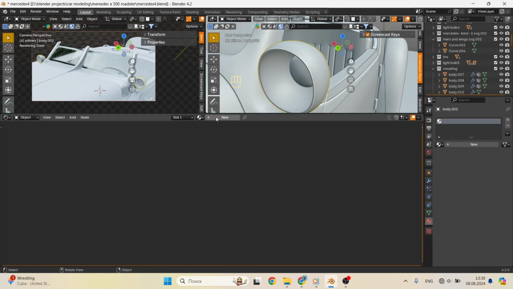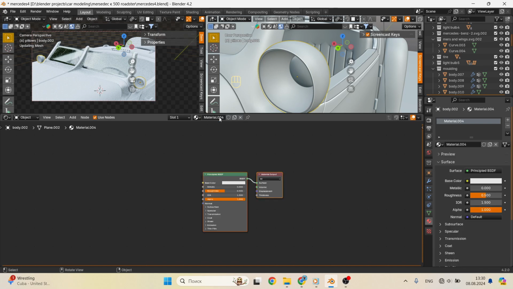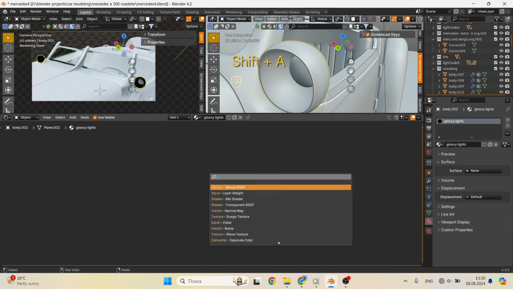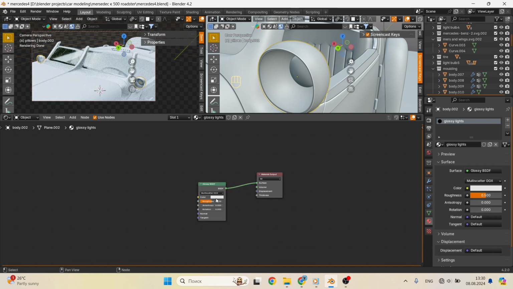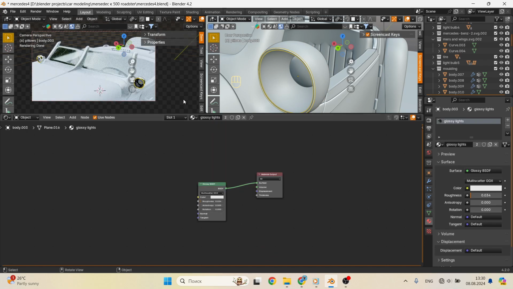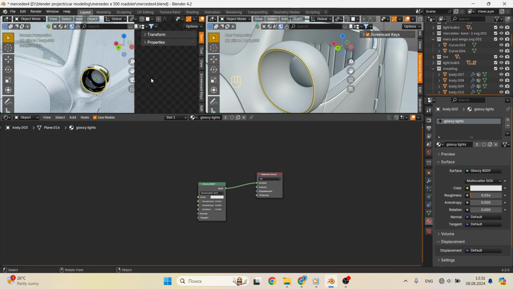And now we can proceed to the rest of this headlight. Let's hide the glass for now so that it doesn't get in the way, and let's start painting the parts in chrome. Rename the material. The chrome material is very simple. Remove the Principled BSDF and add a Glossy BSDF instead. Set the roughness to a very low value and that's it. Chrome is ready. Now the chrome material can be added to the frame that goes around and gives the glass